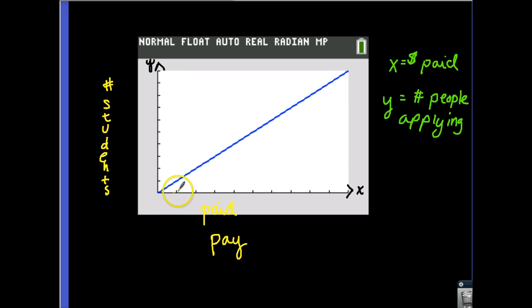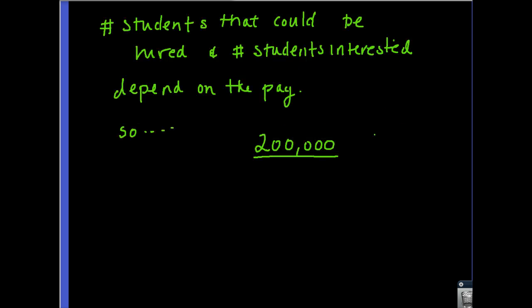And it makes sense. The more pay, the more students we're going to get. So the number of students interested could be higher, and it all depends on the amount of pay. What we're going to think about is that if this county has $200,000 set aside,